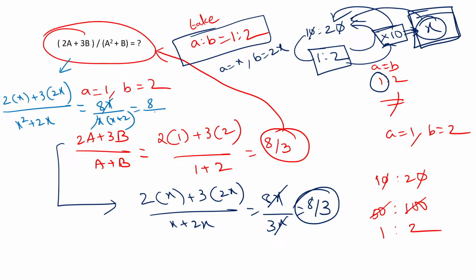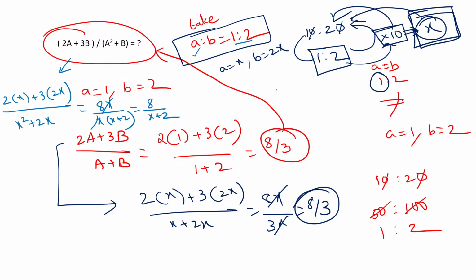You are going to get the answer as 8 by x plus 2. As long as you don't know the value of x, you can't find out the answer here. That means that if you don't know what is the number you are cancelling, you can't find out the answer here. So what I want to convey here is, you can take a equal to 1, b equal to 2,